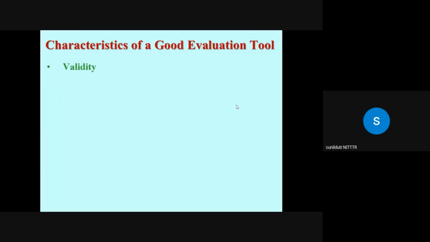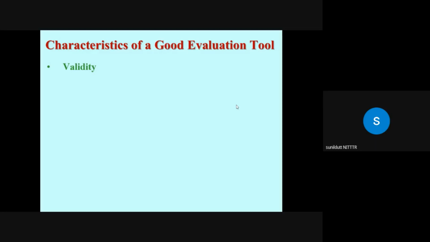Say cloud computing. This is a subject which is taught in the BTech class, and this is also included in the ME course. So you have prepared a test for BTech students based upon the, you see, syllabus. You cannot administer it to the students of ME class. That will not provide valid results. So मैंने बोला it refers to a particular use.